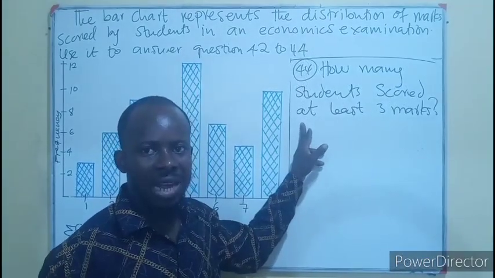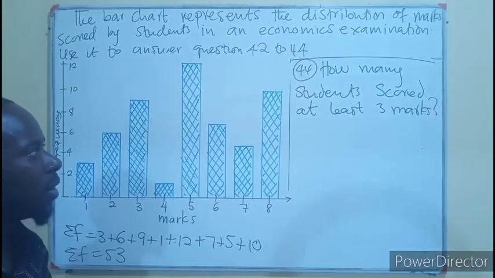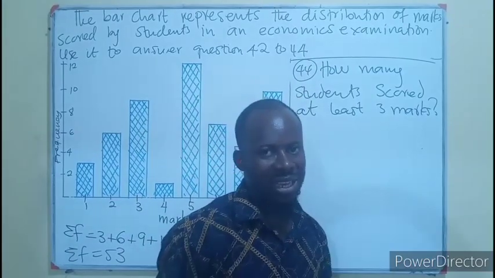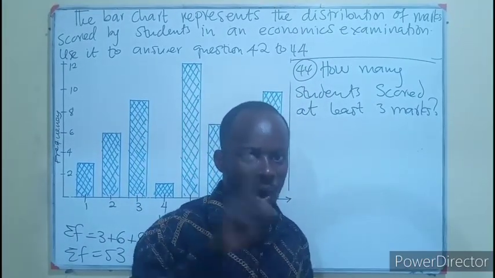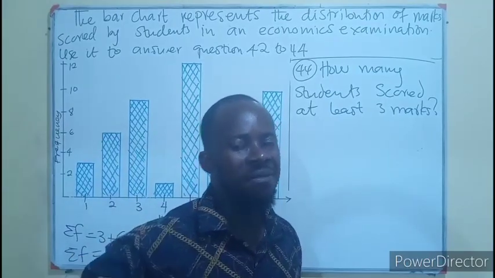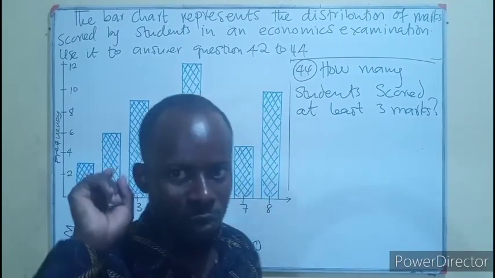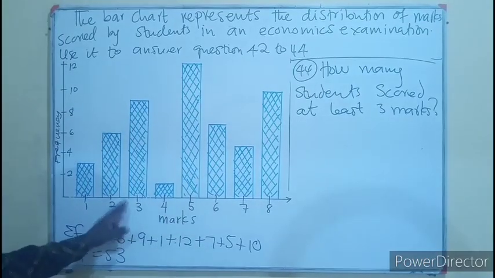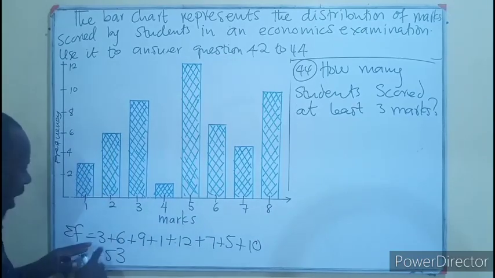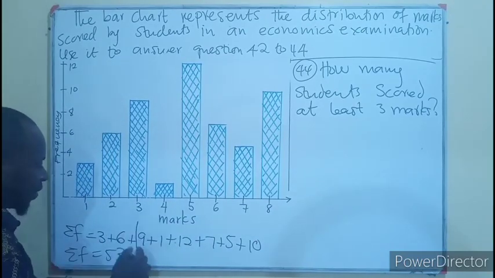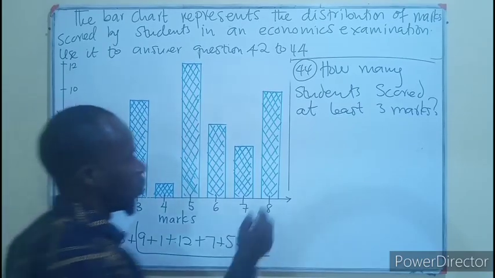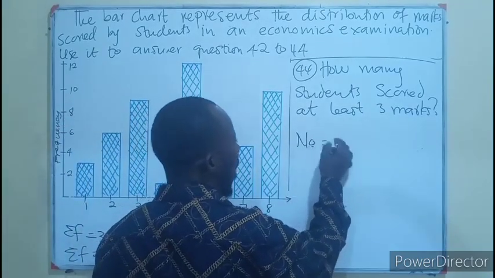Question number 44, the last one on the bar graph. How many students scored at least 3 marks? At least. The least of the marks is 3. Meaning the person could get 4, 5, 6, 7, 8. The least should be 3. So we know if this is the least, then it means we could have 4, 5, 6, 7, 8. So I'll be having 1, 2, 3. So the least is going to be this. So we are looking for the number of people who had